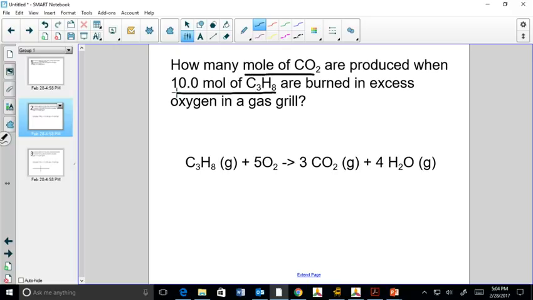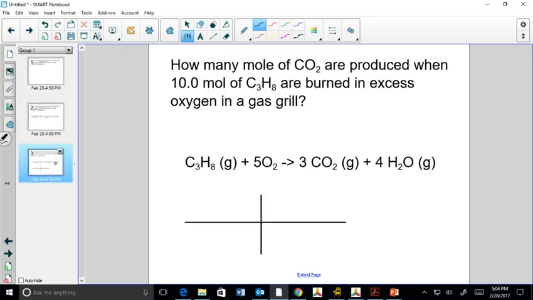We look at our formula, we see here's my propane, here is my carbon dioxide. And we see that that is a 3-to-1 ratio, 1 mole of propane for every 3 moles of carbon dioxide. So let's set up our skeleton. We'll start with our number, 10.0 moles of C3H8. And now we're going to use that ratio to transform the moles of propane into